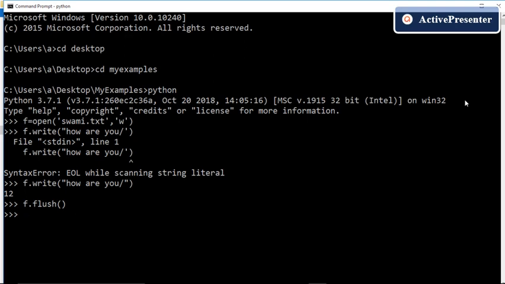If I close the file, then implicit flush operation is happening, and let us see how the content is written into the disk file after closing the file. So let us try again. I am trying again to write one more line. So I am writing one more line into the file. I am fine.